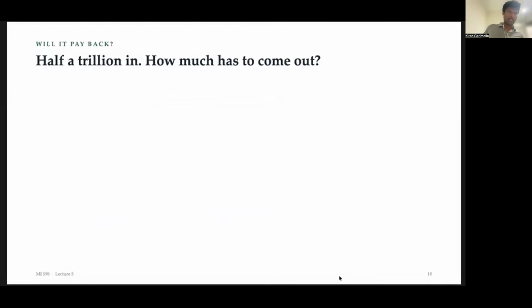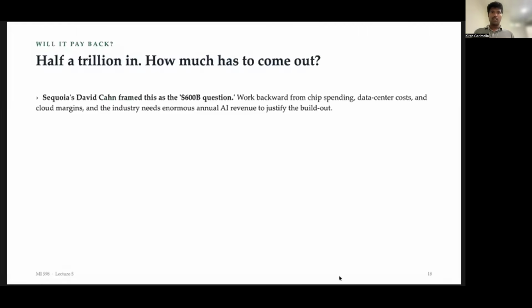So let's keep going. Will it pay back? We spent more than half a trillion this year, right? Just this year, we're spending half a trillion on this. Is this going to be beneficial? Sequoia Capital, which is a very big venture capital firm, estimates around 600 billion, working backwards from the chip spending, the supply chain, data center costs, cloud margins, and so this industry requires huge AI revenue to justify this build out,